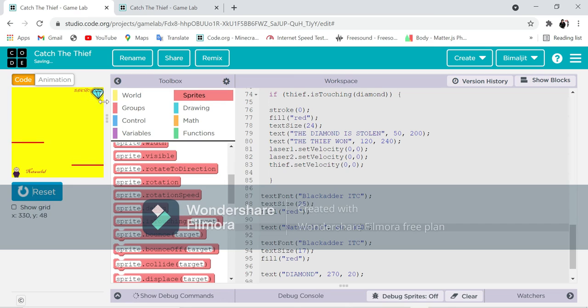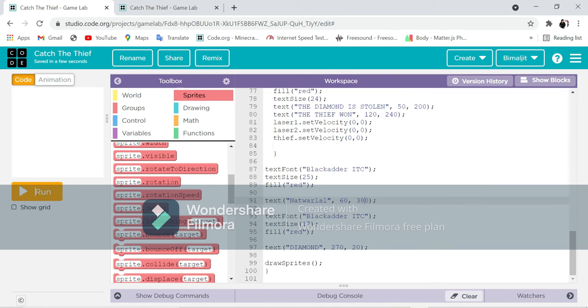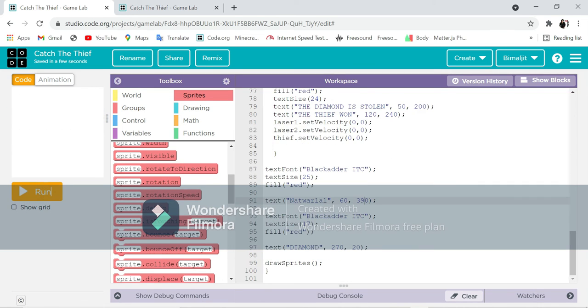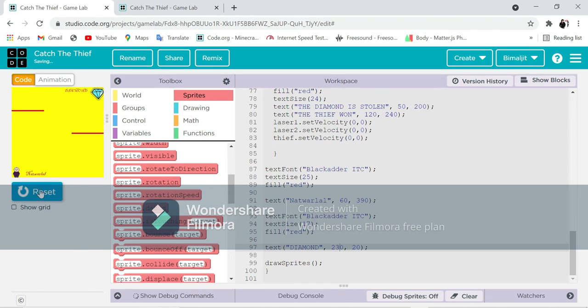Okay, the diamond is just overlapping it, so that is a problem. Let's fix it. Let's keep it 390, so it is down. Then we just have to change the Y. So let's make it 30. The output is this. As we can see, our game is totally completed. Everything has been done. So guys, our game is totally completed.